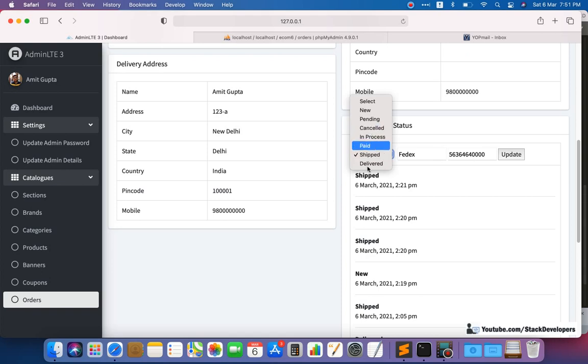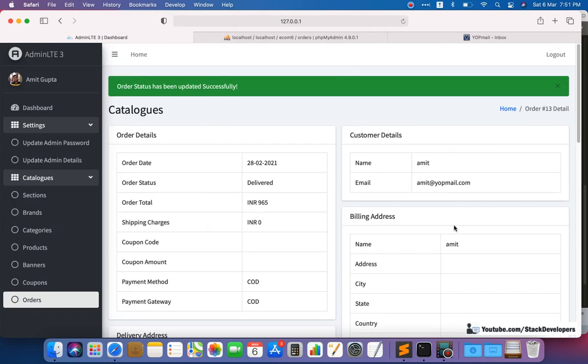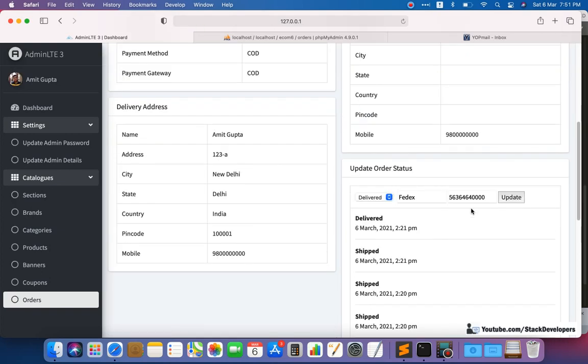Even if we click on deliver and update the order status to delivered, this FedEx and this one will keep on showing, and that is what we want here, because every time we update the status to shipped or delivered, we want to see the courier name as well as the tracking number all the time. We don't want these two things to go away. We want to see them again. That's why we are going to highlight them, so every time the client comes up here, he is able to see both.